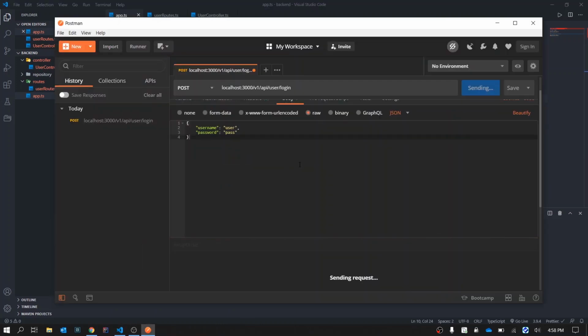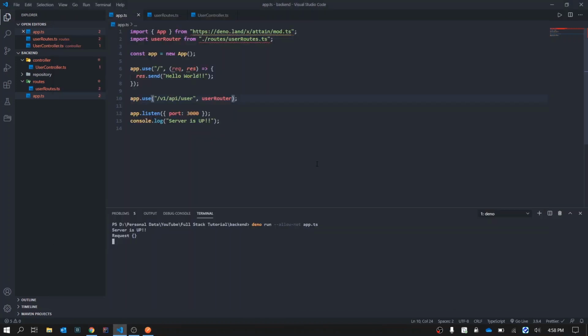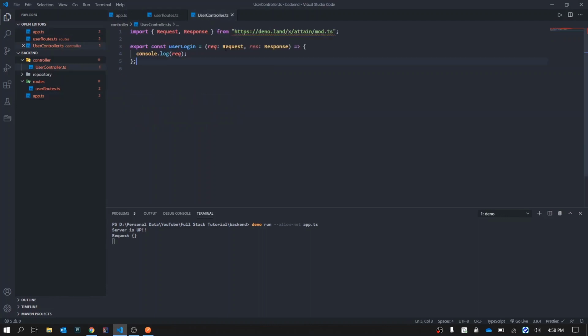Now, why did we not see username and password like the body? So we actually did not wait till we get the actual request. We just printed out the object request that we were sending. That means that this request object has been printed out rather than the actual request that has been sent. So what do we do? We have a very beautiful function called async function that we can create. So we can say async, and now we'll console log the body instead of the request.